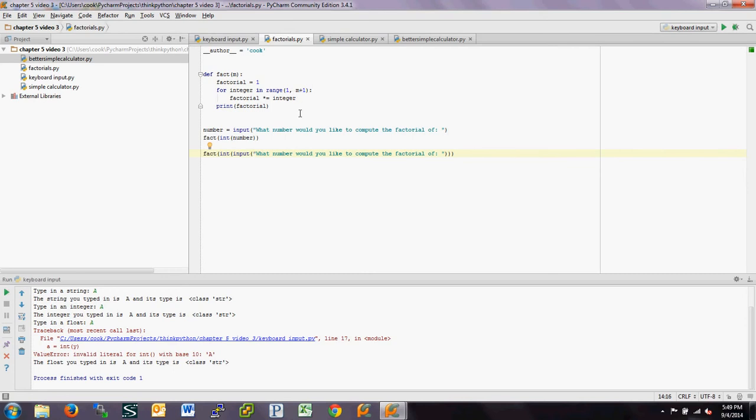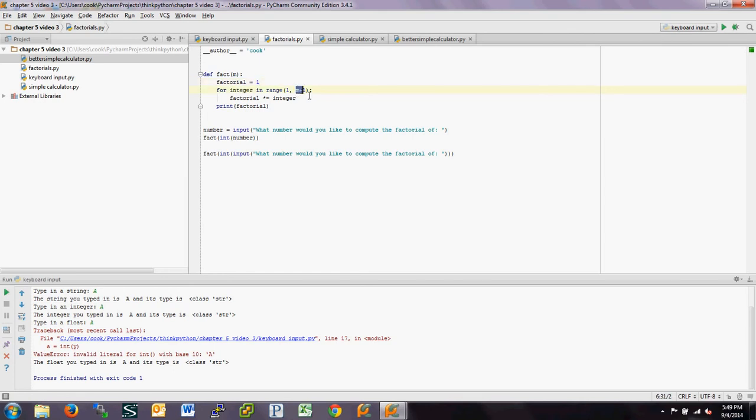We wrote a factorial function in one of our activities. So quickly review how that works. You call factorial with an integer m. We set factorial equal to 1 to start with. And remember, the factorial is going to be 1 times 2 times 3 times 4 times 5 up to whatever m is. So for all the integers in the range 1 up to m, remember, that range only goes from